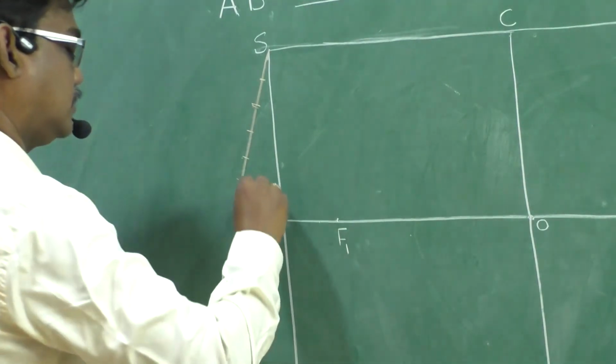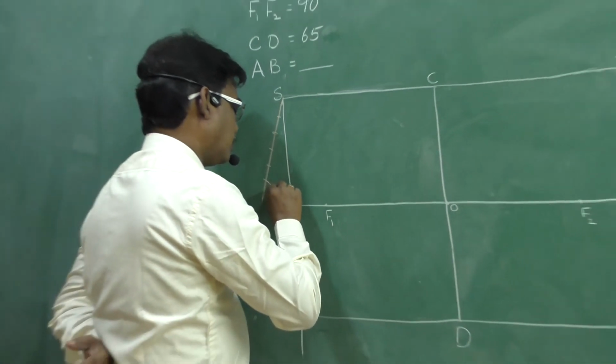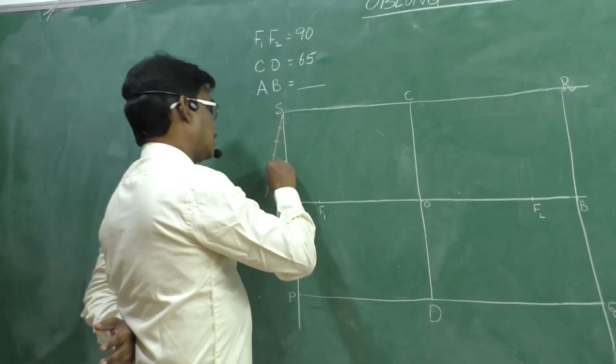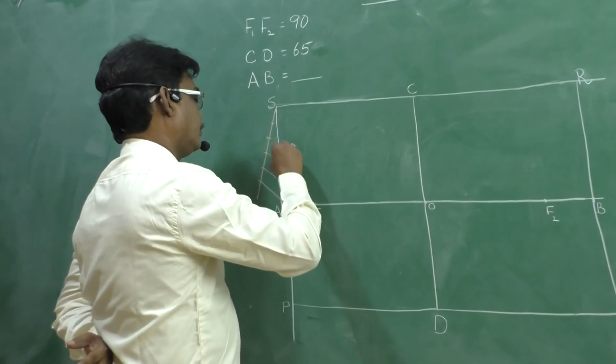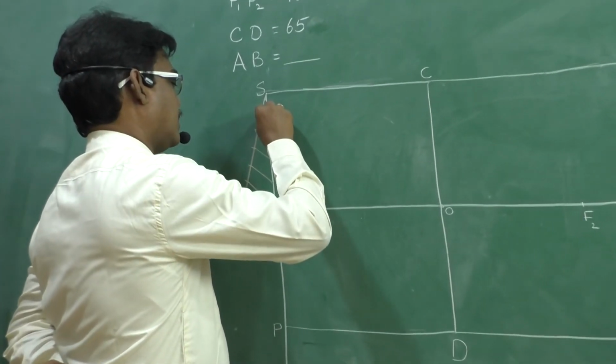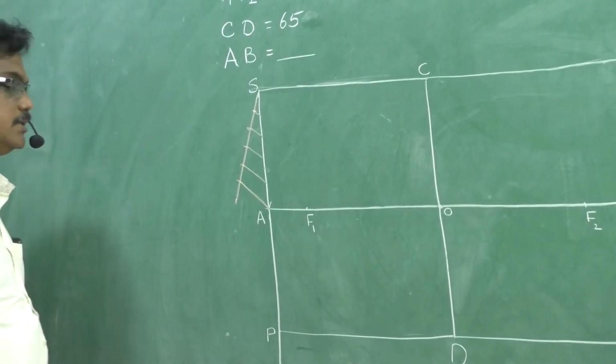5 equal divisions we need to consider. Right. After that, draw a line in between the end points. After that, draw parallel lines to that line. This gives us 5 equal divisions here. Right. At the same time,